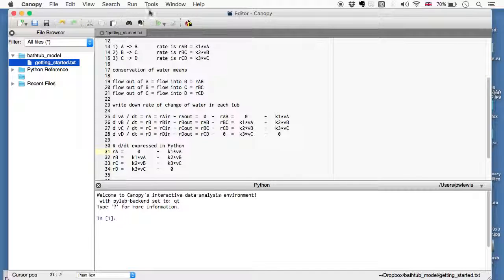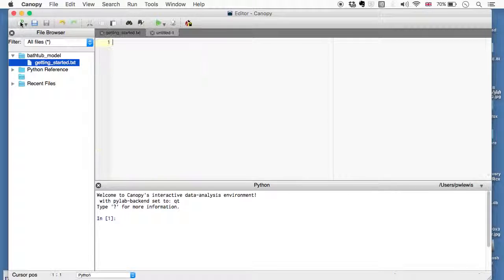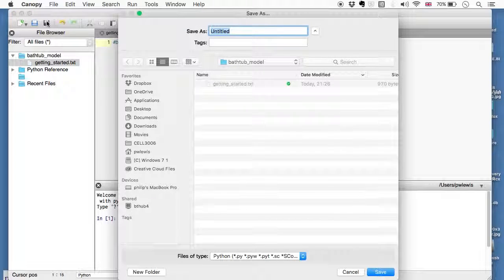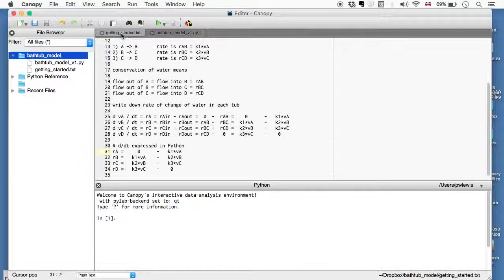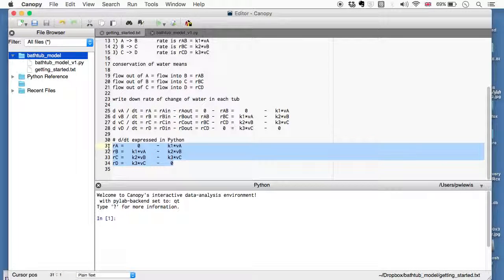So let's start my Python code. I'm going to save that, new file, and we'll call this bathtub model v1. As we go through, I'll increase that version number. And we'll take the code that we were interested in